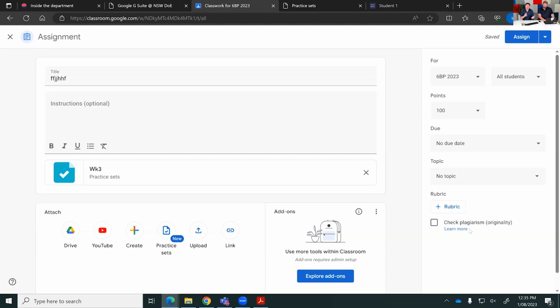Again, pulling it back to the idea that we're all in the cloud. When I am wanting to assess my students or do maybe a parent-teacher interview, or I'm doing reports, I want to be able to pull up the content that they've done really quickly and easily. If it's in their book, that's great, but it's not quick and easy to access. There's 25, 30 books. I've got to find the right page. I've got to figure out whether it's been checked and all those sorts of things. Whereas with the practice sets, I can bring up the assignments. I can flick through each student nice and quickly, and I can get a really good feed, and I can actually see their working out,